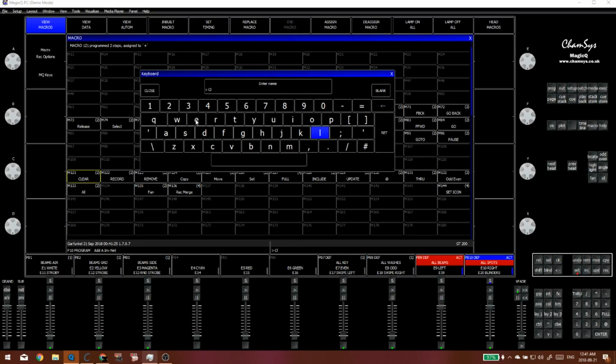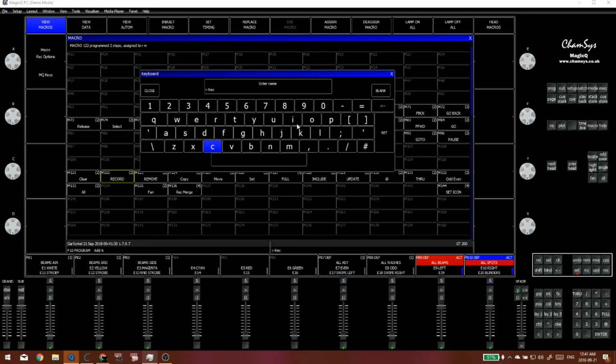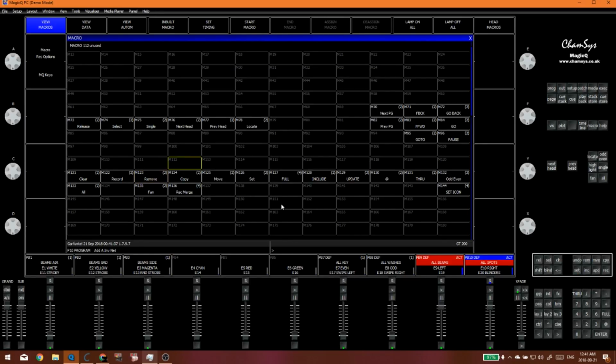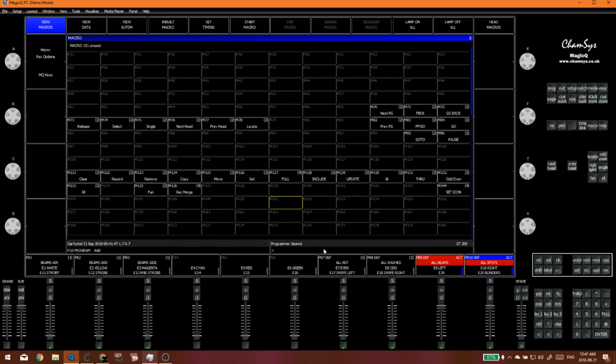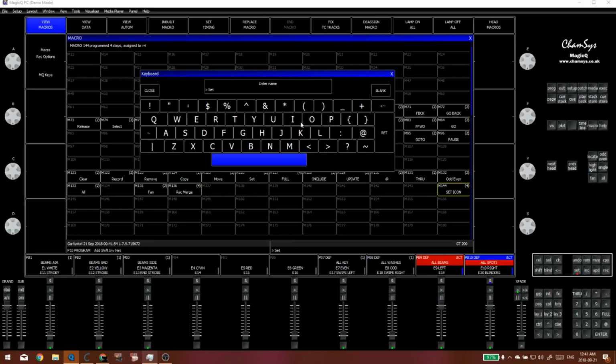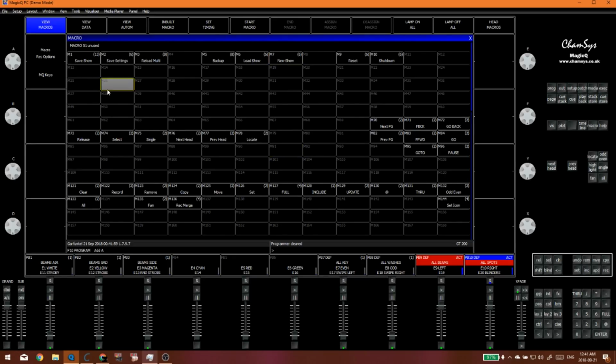So, here's the reason why when I name things, I either have to make everything in all caps, or I have to use the touch screen. Oh yeah, here's a neat little trick. If you just click here, it brings up the name. Okay, so